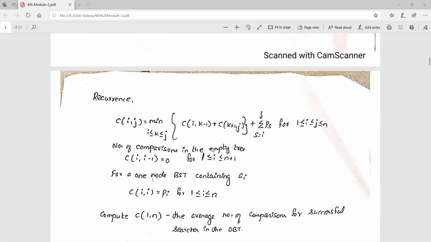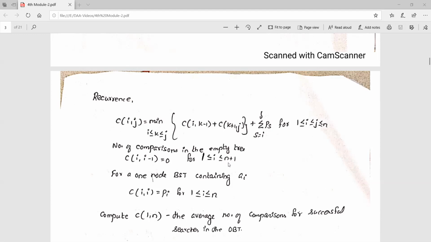Now we have the recurrence. Here we have to make the initial condition. This is the same formula written again. For the number of comparisons in the empty tree, we can make C of I comma I minus 1 equal to 0, for 1 less than or equal to I less than or equal to N plus 1.